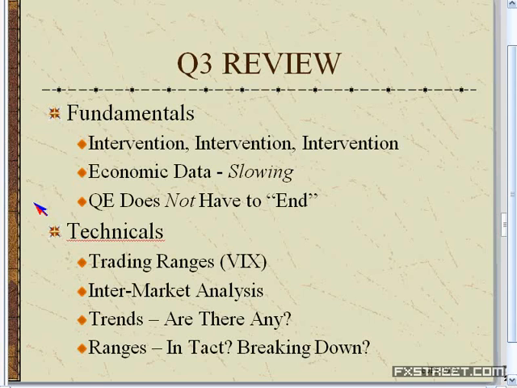All right. What is QE? What does a rising equity market mean for trading ranges? We'll be able to look at this through the volatility gauge. Then we'll start to go into intermarket analysis. So no matter when I'm talking or writing, I'm always talking about intermarket analysis and ancillary markets. And that's obviously what the one day, one topic will go into a little bit more detail next week. We'll look at trends. Are there any? And ranges, are they intact or breaking down? So let's go back and review what's gone on in July, August, and September, which was quarter 3.